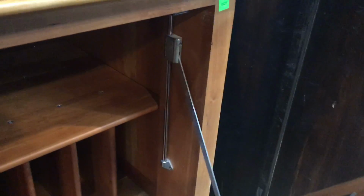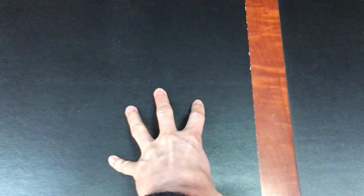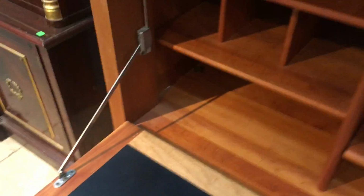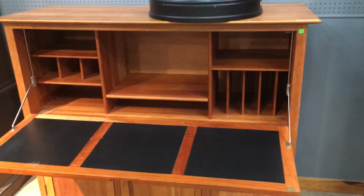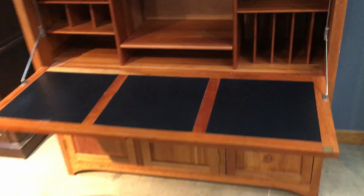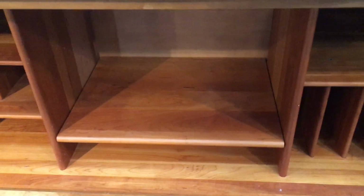And then take a look at these hinges. Aren't these crazy? They're pretty heavy duty. Isn't that cool? I really like it. And I feel like it gives a lot of support when you're working on this surface here. And there's also a piano hinge in the back to help hold up the writing surface. So yeah, it's a pretty cool desk. It really keeps your stuff hidden and out of the way, if you, like me, are not the tidiest of desk